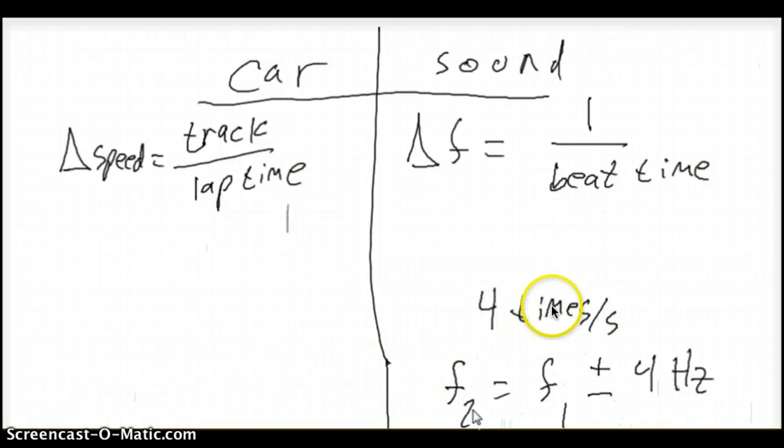And this is just like the car example. When the cars are going at the same speed, they will not overlap, and when they are going at different speeds, then they overlap. So having the same speed means no overlap, and you will not hear the wah-wah. And for the frequency, when they are the same, you will only hear one distinct tone.